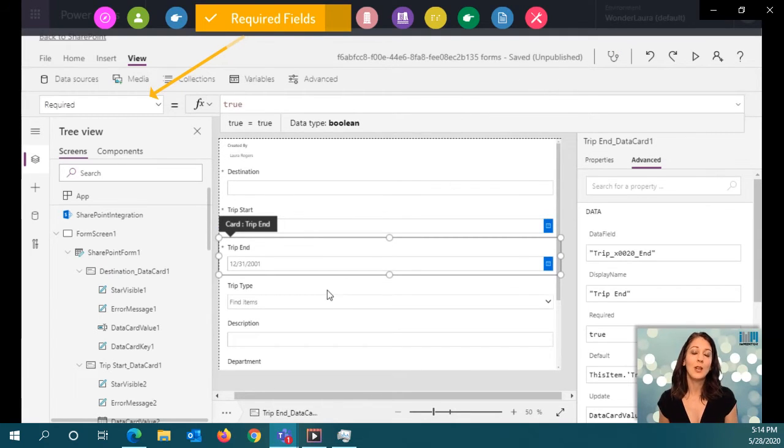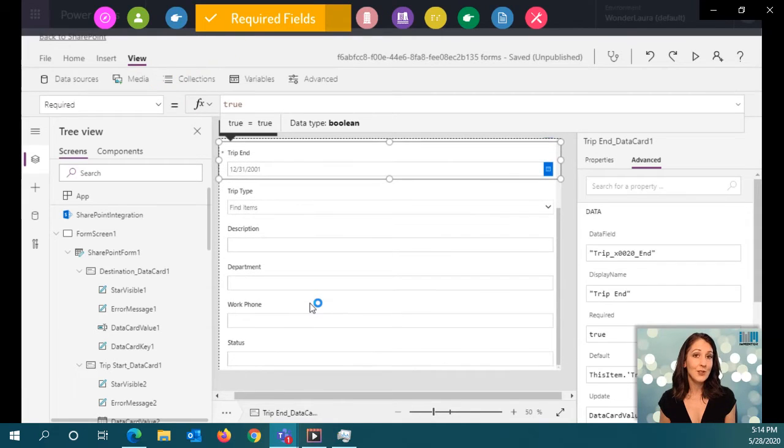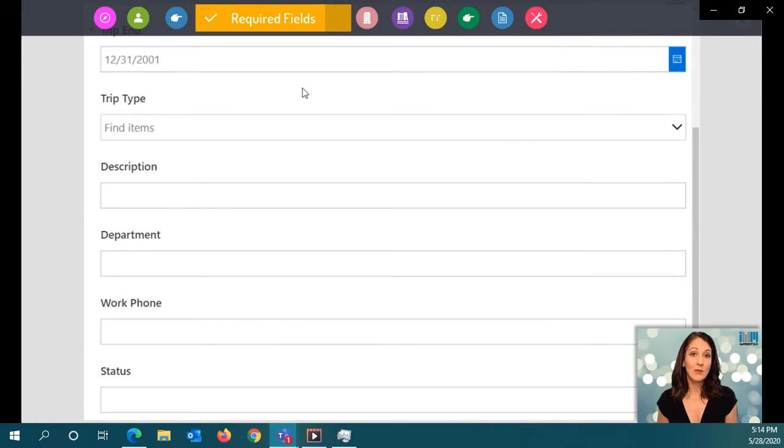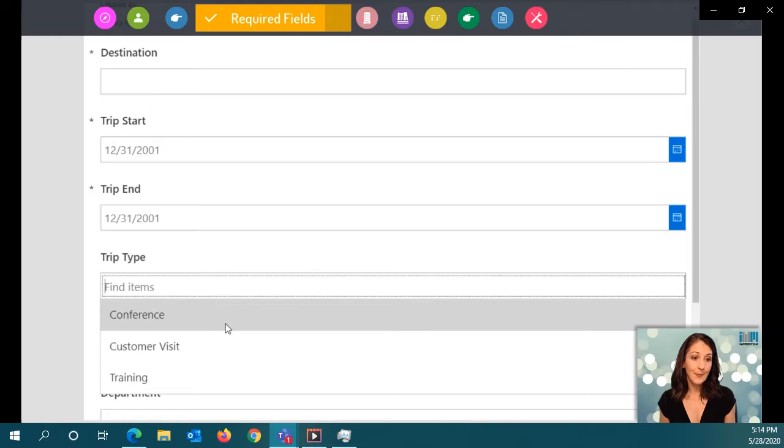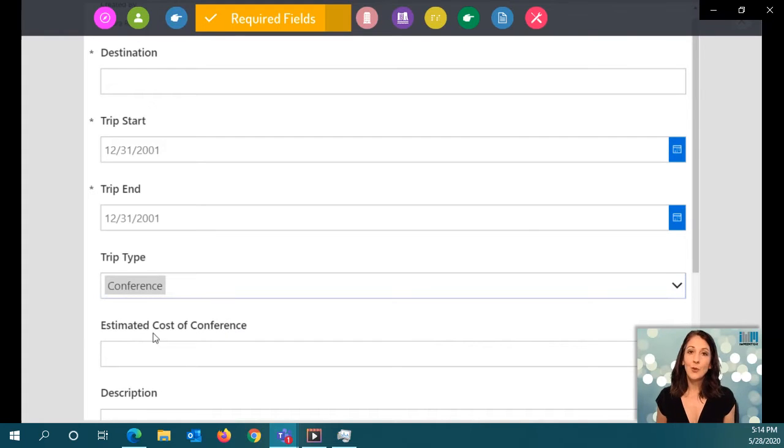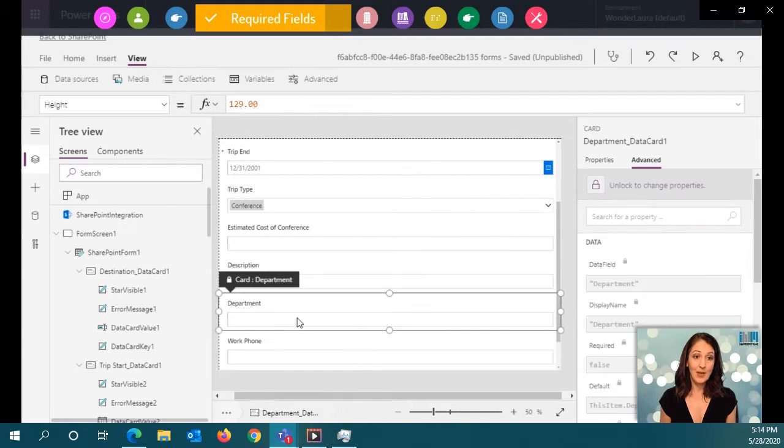So I don't recommend messing with the asterisk itself. It will just appear when required is equal to true. So notice that all of these have the asterisk, and when you submit the form, they will give an error if they don't have a value in them. So they are required now. And then the cool thing about having this required property that you can deal with is you can make it